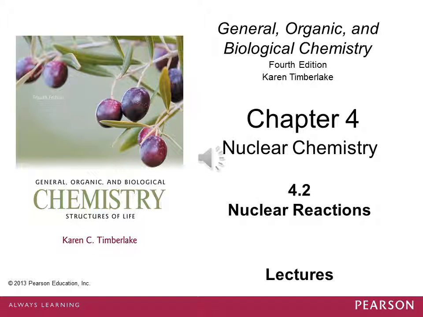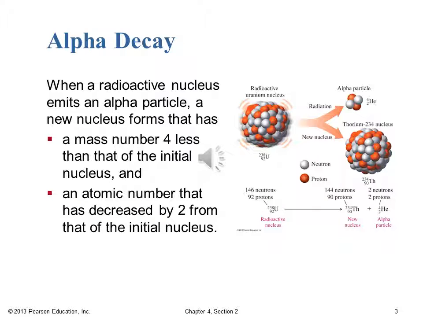So back in 4.1, where we talked about natural radioactivity and we looked at symbols for the different types of radioactive decay, now we'll be using those symbols as part of an overall reaction equation to show nuclear reactions in detail. Alright, we've already talked about the alpha particle, so let's talk a little bit more about the process of